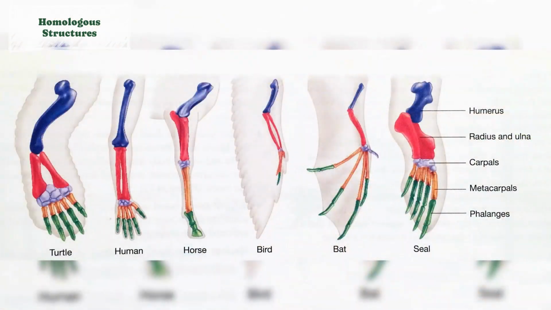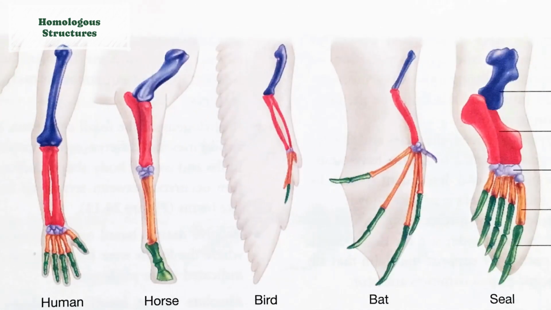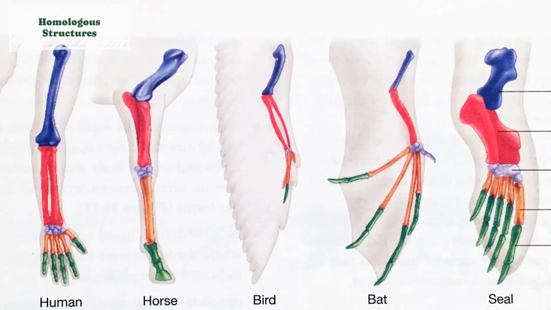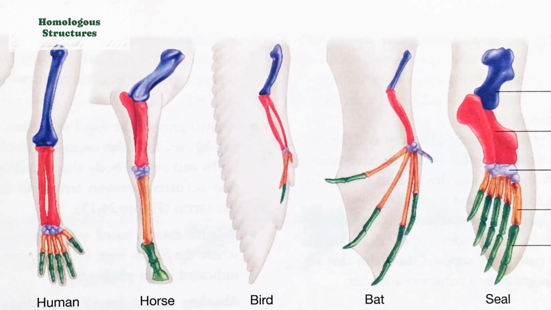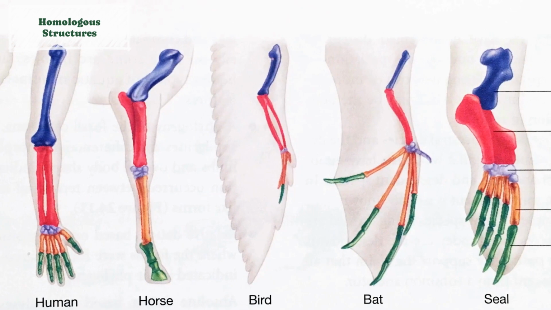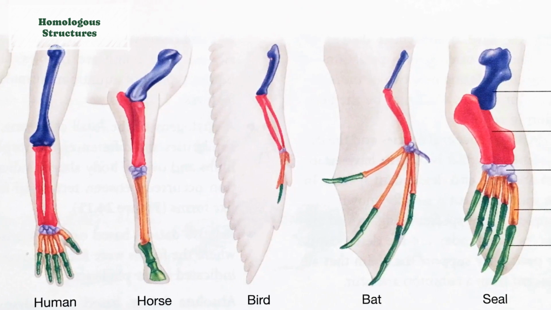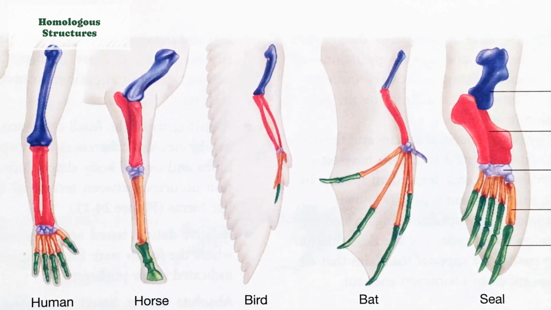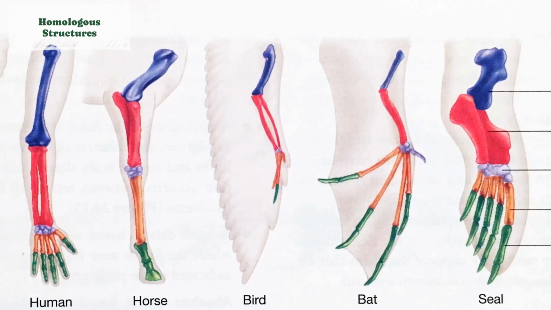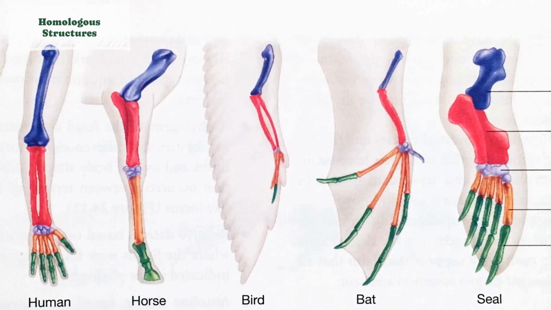Homologous structures, such as the pentadactyl limb, penta meaning 5, so a 5-digit limb, that we find in mammals, reptiles, and birds, suggest that these species likely share a common ancestor. These structures have been modified over time to suit the specific needs of each species. This supports the theory of evolution, suggesting that these species evolved from a common ancestor and have inherited modified versions